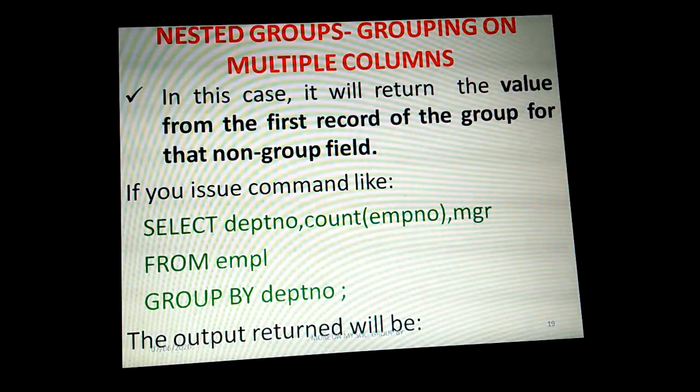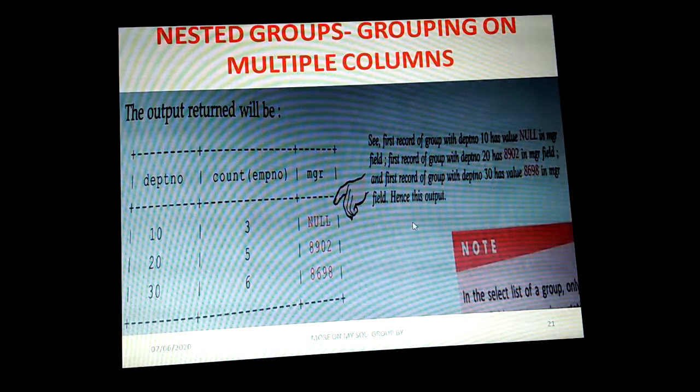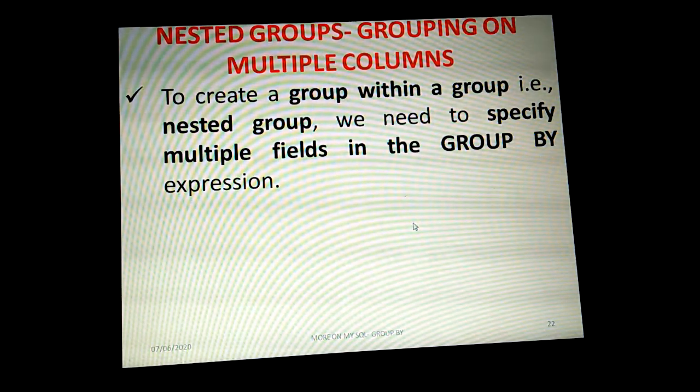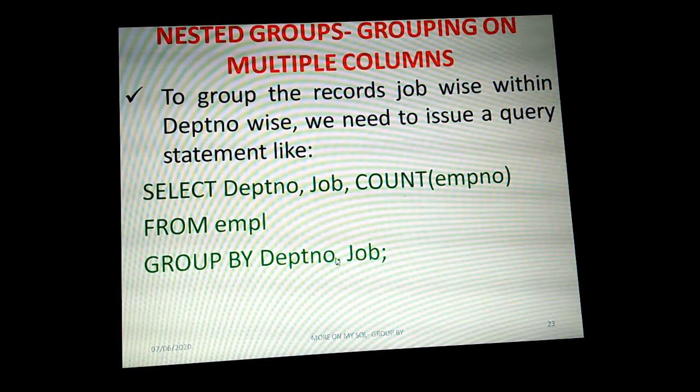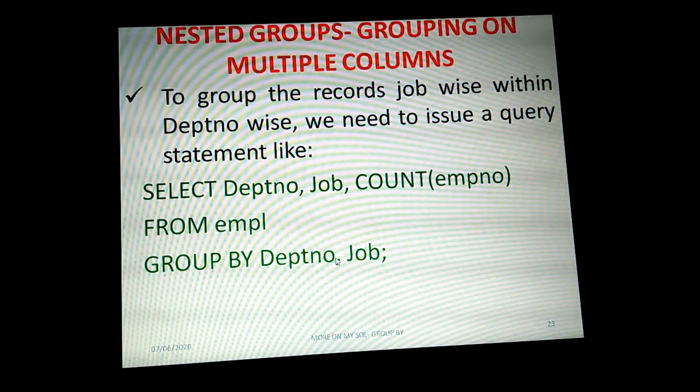Group by clause. In the previous examples, we have seen only one field mentioned under group by, but in the select statement we have seen many fields, like grouping fields and non-grouping fields. Now we are going to see how we can make a nested grouping. In a group by clause, we need to mention two or more fields. If you want to make a nested grouping, we need to take two or more related fields and display them here.